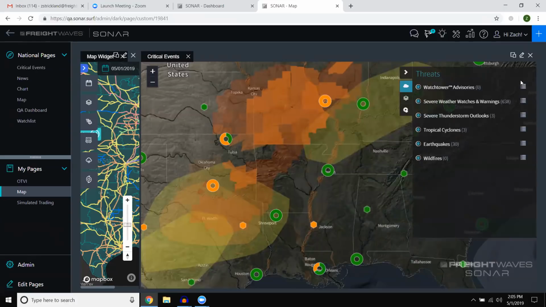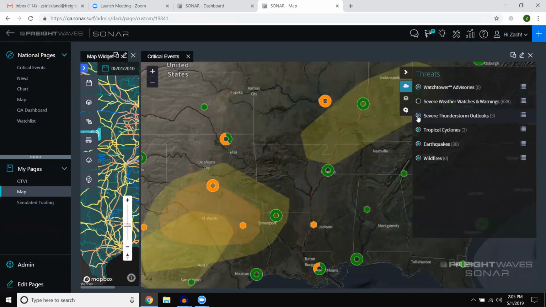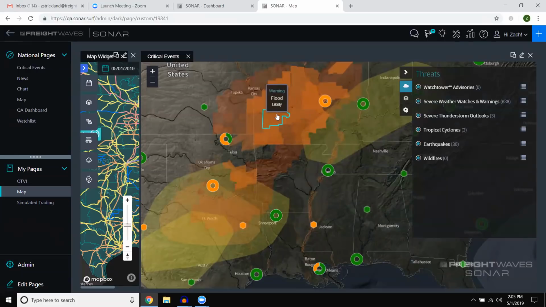So going through this menu, you can toggle on and off severe weather advisories, thunderstorms, and you see there in the middle of the country today, it's pretty bad. And you hover over any segment of it, and it's going to highlight the watch area and tell you exactly what the risk is. And since there's tons of flooding